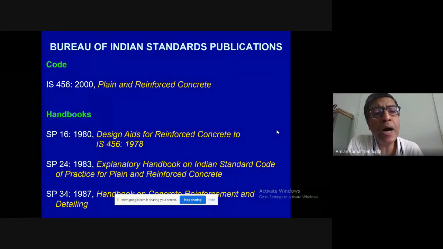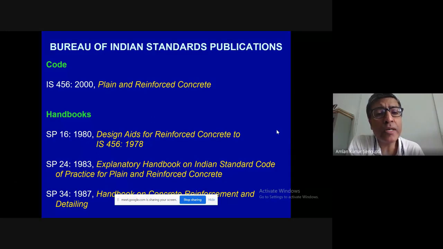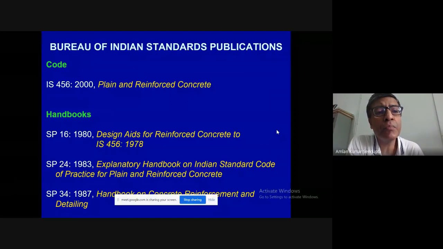This provides the minimum requirements for design. Need not be just structural design, any type of design, and it can be any type of production which is guided by the code. The Bureau of Indian Standards, which is headquartered in Delhi, is the authorized agency in our country to publish codes. Now, the code that is specifically used for basic reinforced concrete design is IS 456.